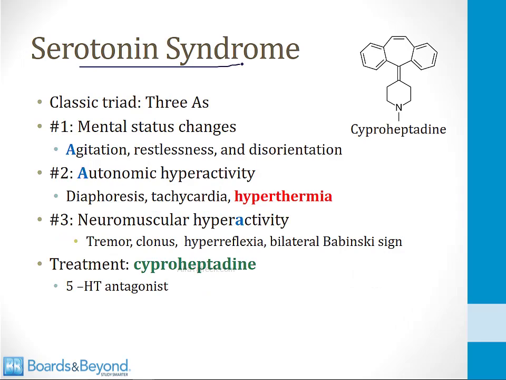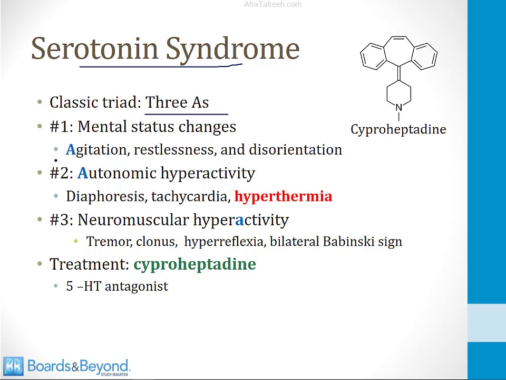The serotonin syndrome is a clinical syndrome that occurs when people have too much serotonin activity in the brain. I talk about this in the video on antidepressants because a number of antidepressants have been associated with the serotonin syndrome because those drugs work on serotonin levels, but you can also see the serotonin syndrome among people who take ecstasy. The classic triad of the serotonin syndrome is known as the 3 A's.